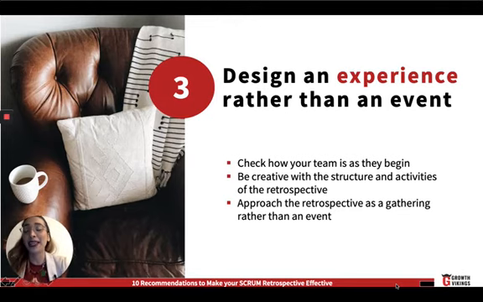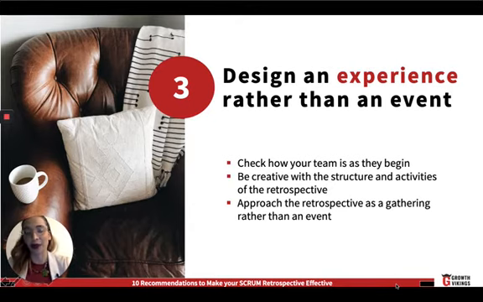And that means make it empathetic. Check in on how they are, how they're doing, what's their mood. And second, make it creative. Structure activities that allow the generation of the key information, but that also allow them to be engaged and feel comfortable as they think about their sprint and